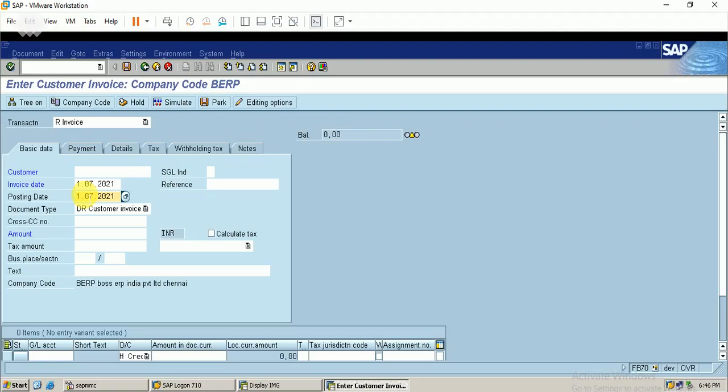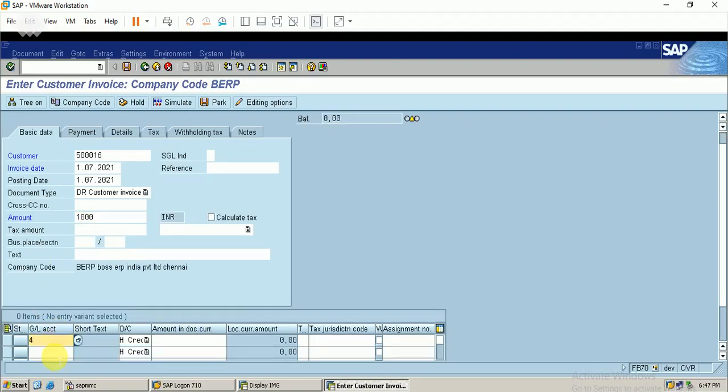I just go for the amount, my sales account, and okay, just click on enter. It shows the down payment exists. So I just simulate it and I will save this invoice.